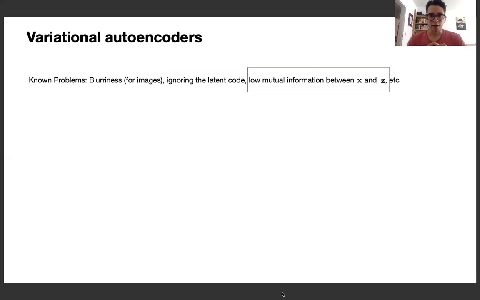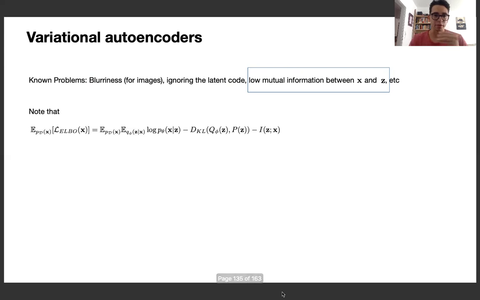So let's just keep it here, but let me point out a specific comment that is important to keep in mind. One can show that if you look at the ELBO, and you compute the expectation with respect to the data, which is what we do,